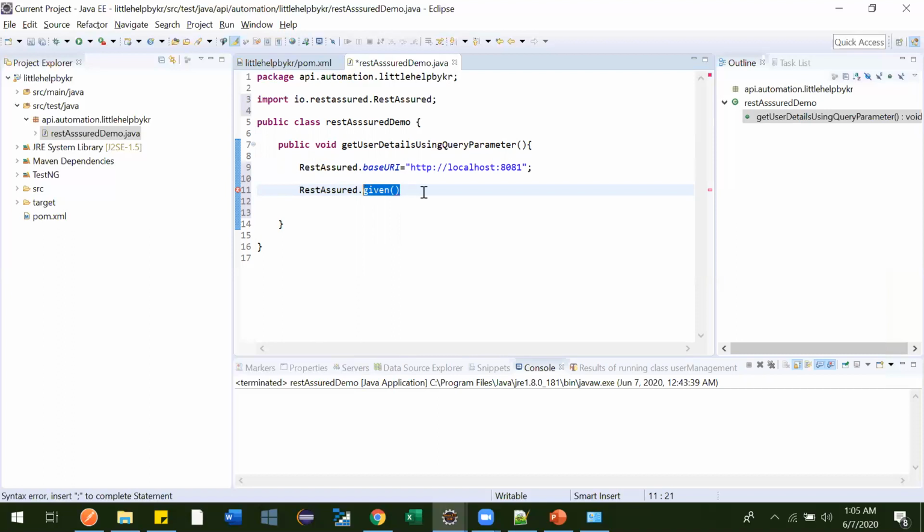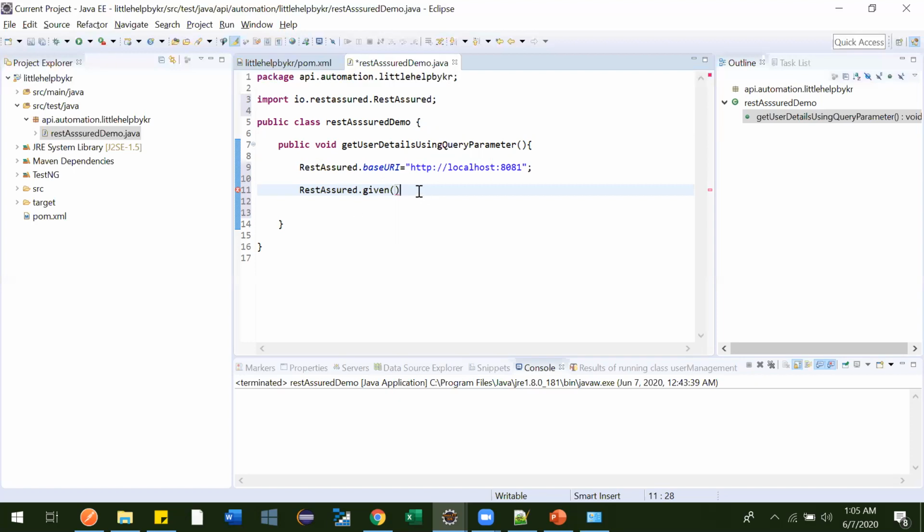For example, we can give parameters, headers, cookies, query parameters, or body. Body is used when we hit a GET, PUT, DELETE, or POST request. Generally, during POST and PUT requests, we give the body. It depends upon how developers have implemented this.